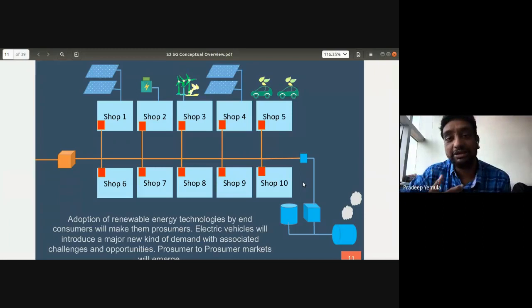So how to enable this thing? How to make this possible? Because in future people are going to set up rooftop solar PVs. In fact, already they are doing. Electric vehicles are going to come. What will be the prices? What will be the markets behind? So for all these things, the traditional grid cannot be sufficient. You need to have more newer technologies and also information processing and things like that.